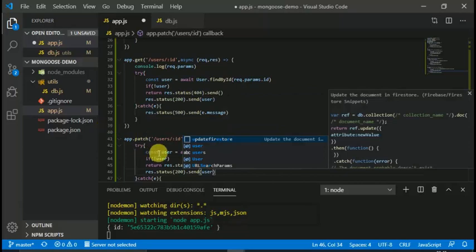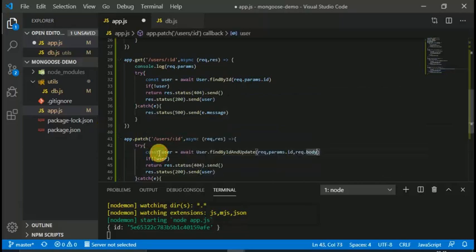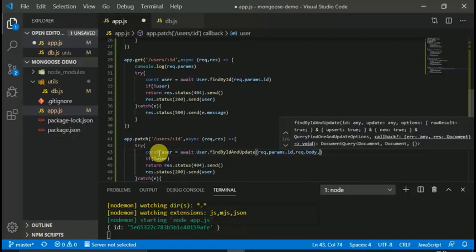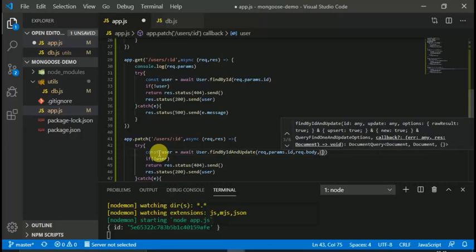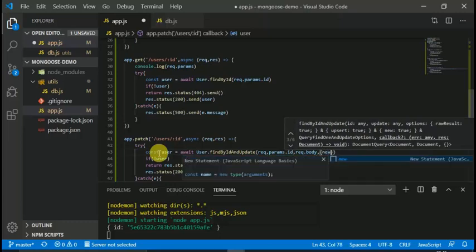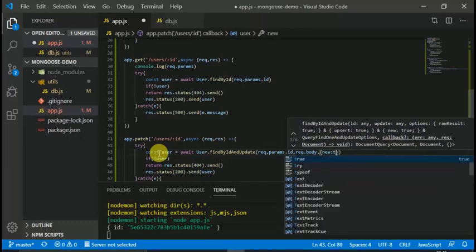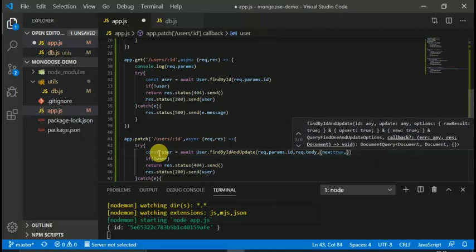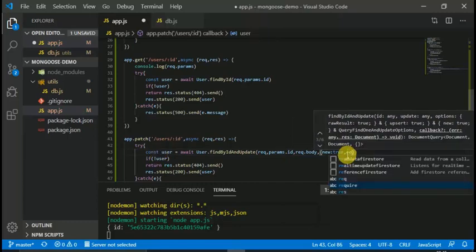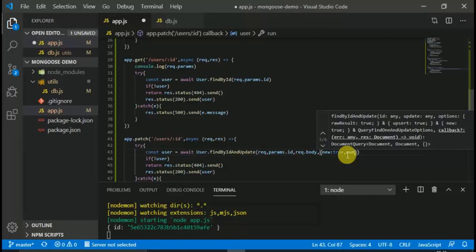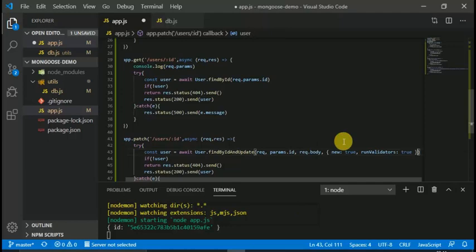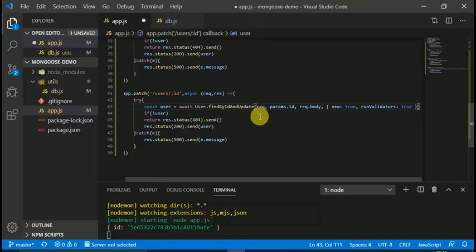But it will not work properly, because it will not check whether there is any validation or not. So there are optional properties: new, which we set to true, so that it will give the new user, and it will check for validation. For running the validator, we are going to use runValidators in here, which looks like this. This one will run the new and runValidators. And now if we save it,